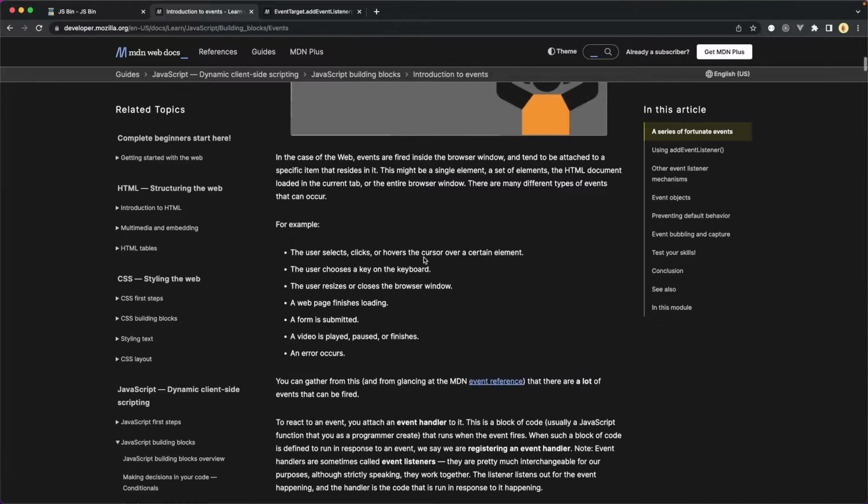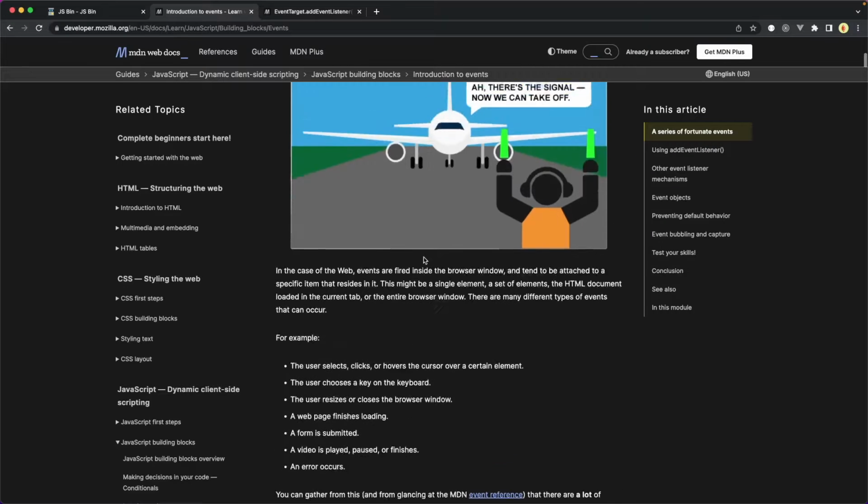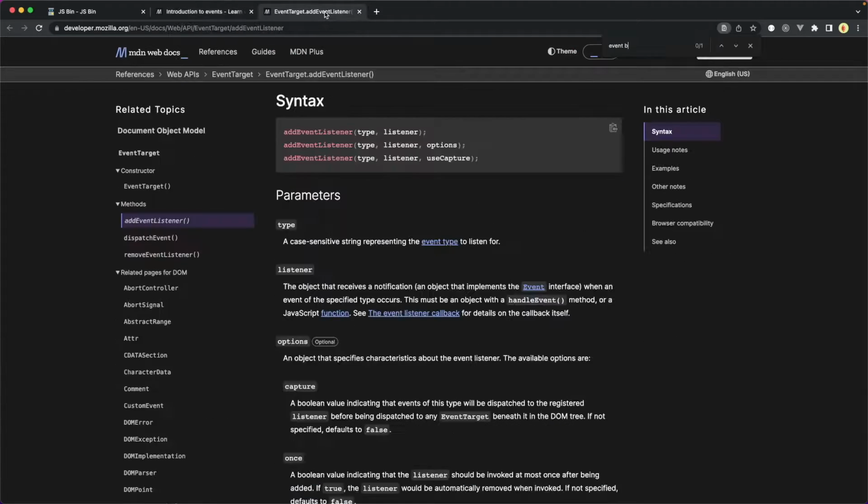And it will conceptually introduce you to the various phases of event delegation, like event capture or event bubbling. Event bubbling is the default, but you can specify event capturing inside of your event listener, like you see here with the syntax. Okay, I've referenced these two articles for you to read,